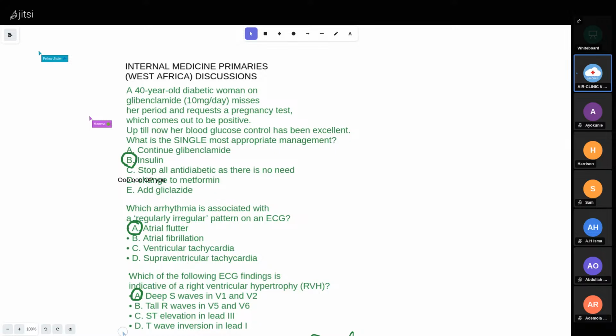The following is a sex-linked disease. Option A, yellow nail syndrome, cystic fibrosis, Lesch-Nyhan syndrome, PKD. I think if you try to do elimination, there's something about genetics that is very relevant. The common genetic diseases